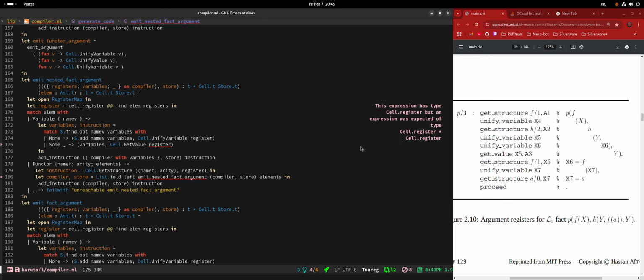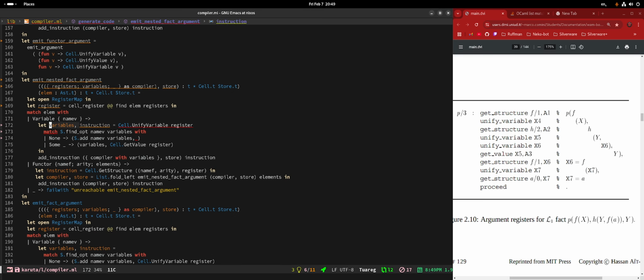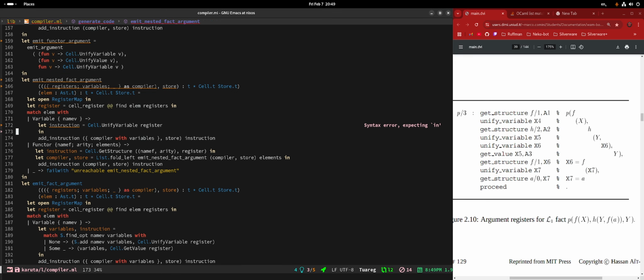But well, in that case, what we need to do is to just do a unify variable immediately then. Yeah. Okay, so we do that. We don't need variables anymore there. And we actually don't need variables here. And we can just return the compiler there.